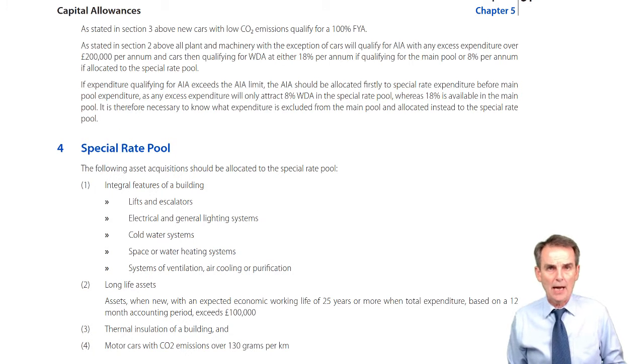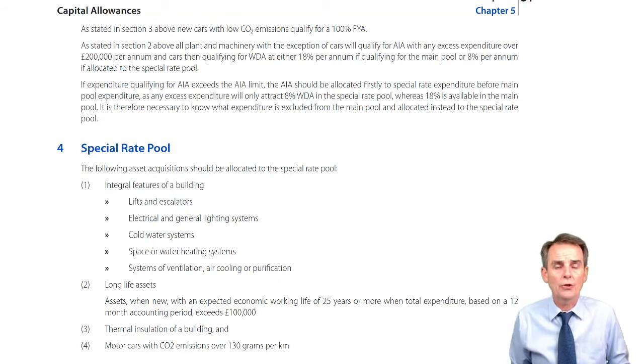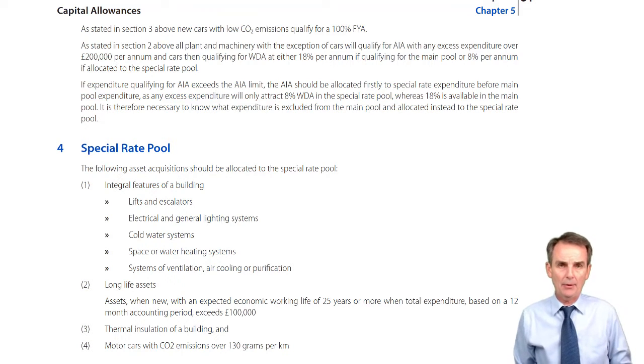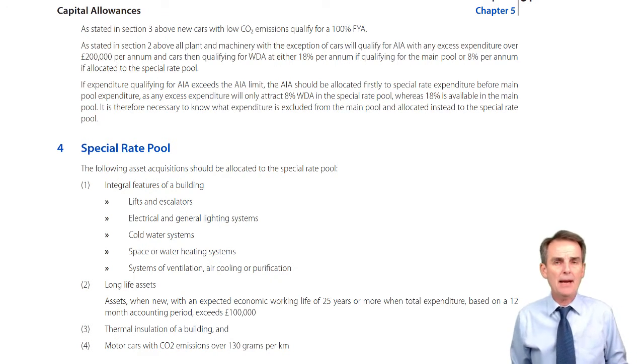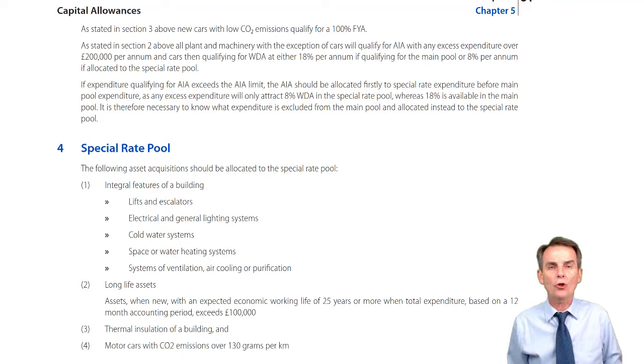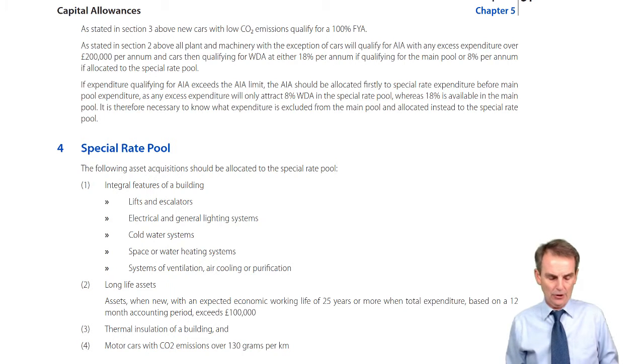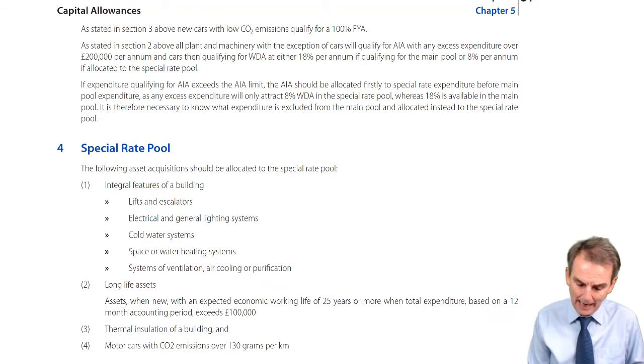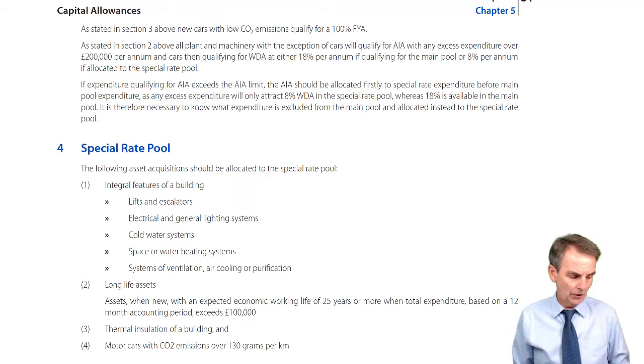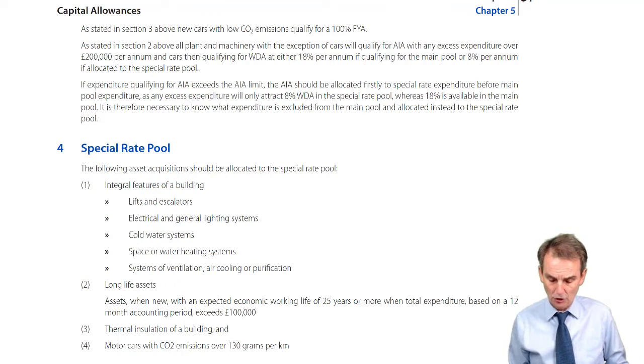In our first lecture on capital allowances, we learnt what would qualify for those capital allowances. It wasn't just capital expenditure, it was capital expenditure on qualifying plant and machinery. We then learned that the allowances available in relation to that were either AIA, WDA and/or first year allowance. Having dealt with that first illustration at the end of our previous session, what we're looking at now is